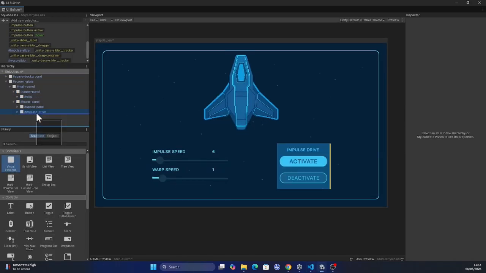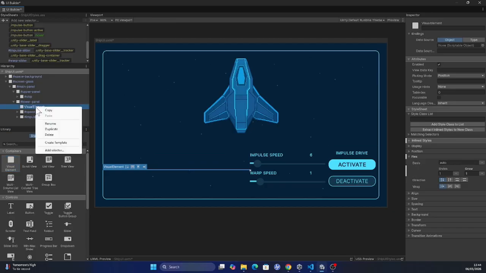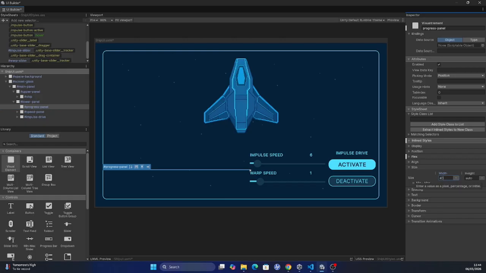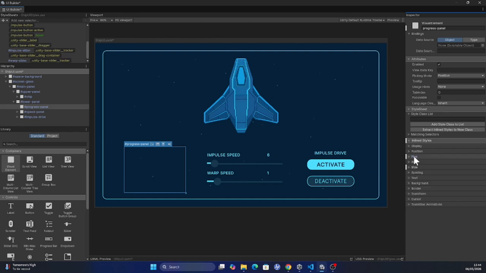For progress bars, we need one more visual element in lower panel. Let it be the first one and name it progress panel. Adjust its size to 400 by 300 pixels, and flex grow should be set to 0. In progress panel, we're going to have a combination of label and progress 3 times: total energy, energy consumption, and